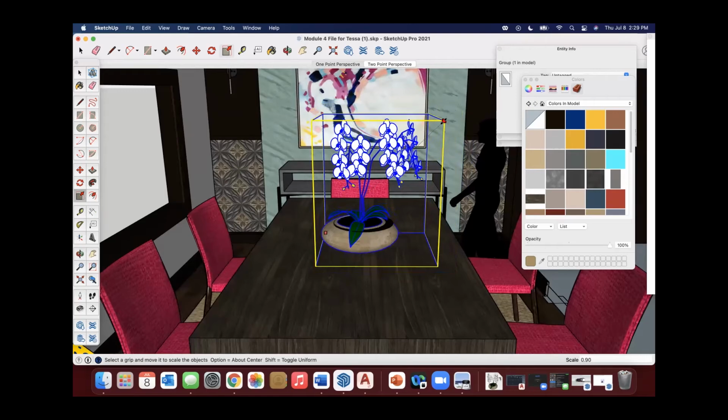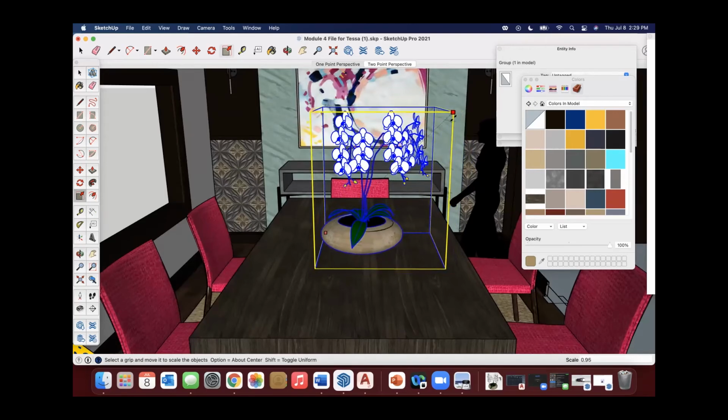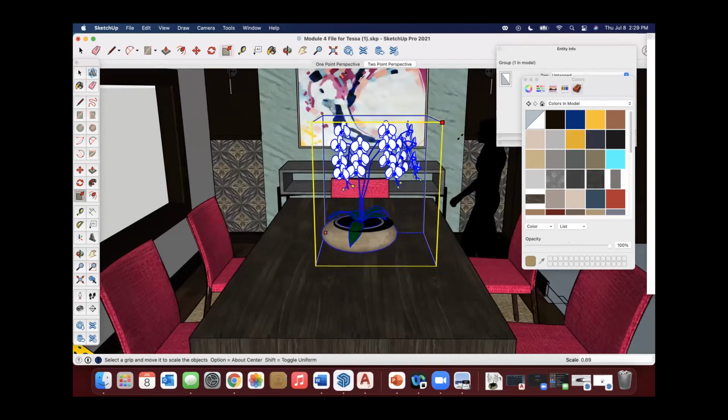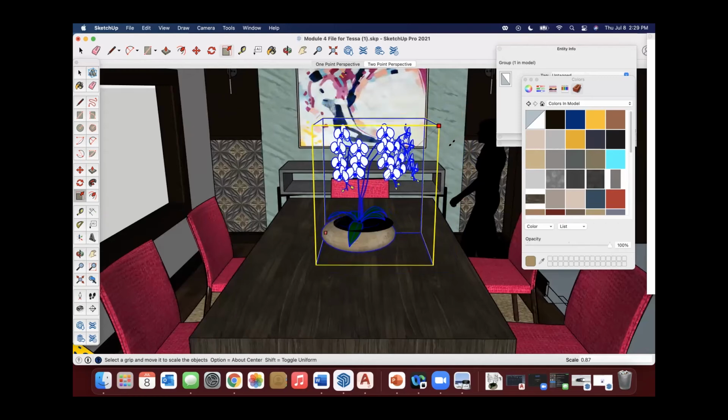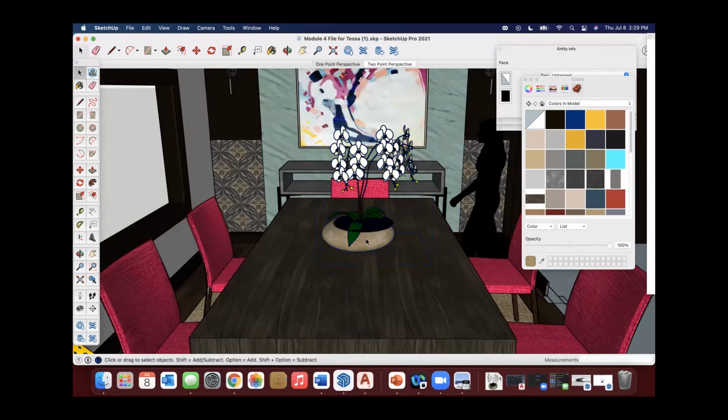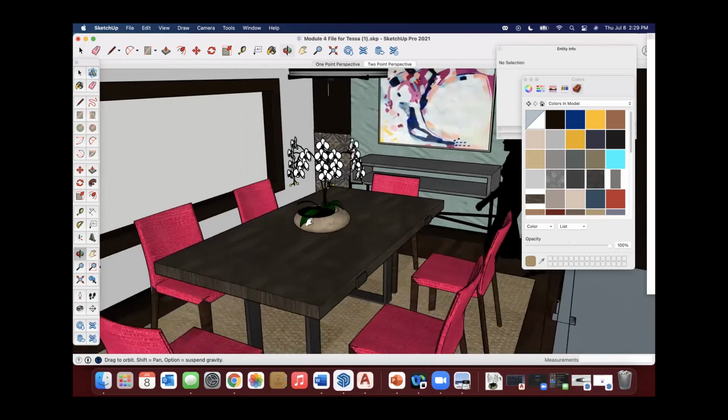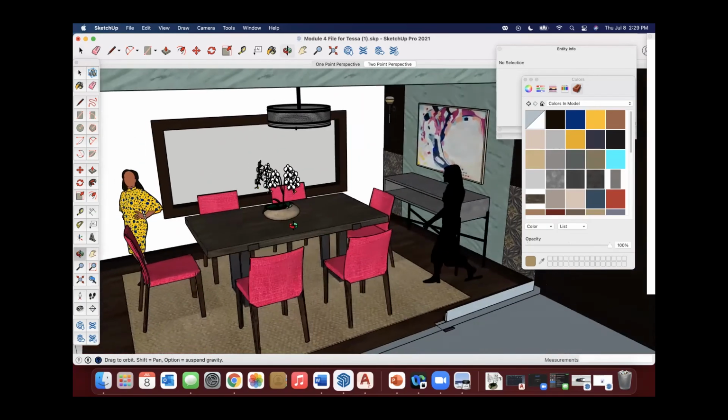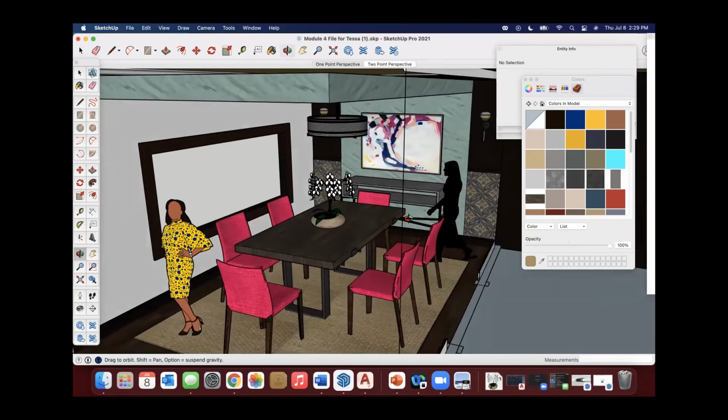There we go. Oh, so apparently there was another piece. That little one, we could scale that too. But you get the idea. You can scale this. We fix that. And that starts to not be quite as large if you don't want it to be so big.